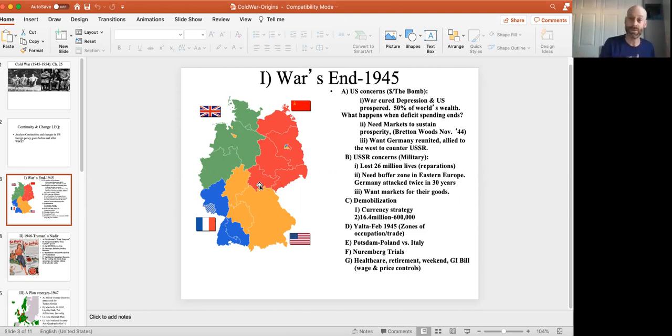It was like East Germany was the communists and West Germany was the good guys. But no. In 1989, the Berlin Wall comes down. In 1990, East and West Germany get back together. But for a long time, this division became semi-permanent. Now, it was never intended to be that way.